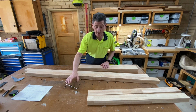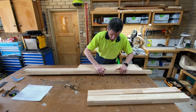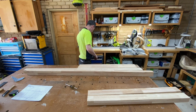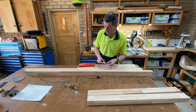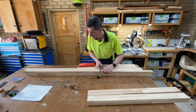Alright, so that's all that marked out, but how deep's the cut got to be? Well, the cut's got to be half this width. So, let's measure that and set a second gauge for that height. And they should be, what, 40 something,